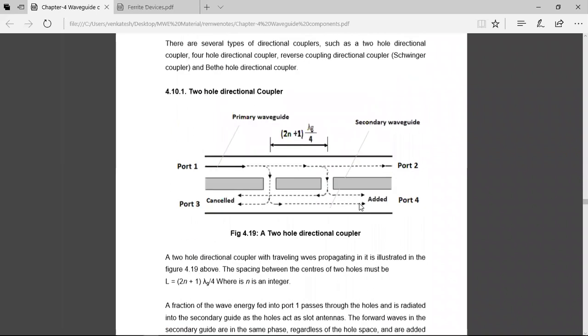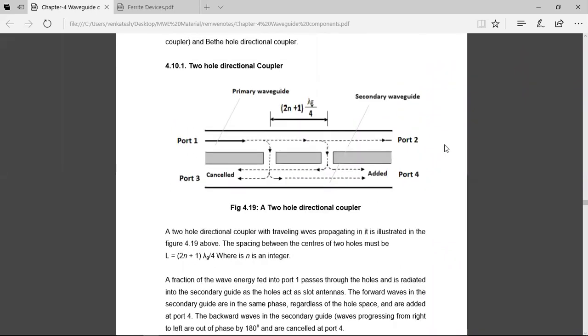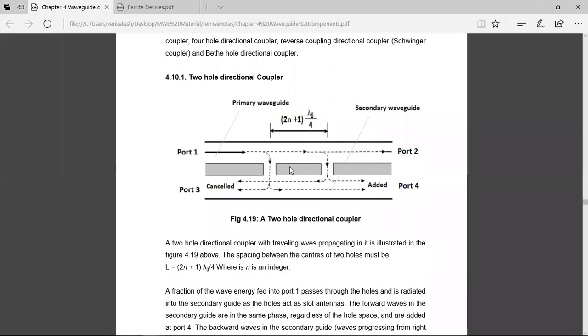So this is the two hole directional coupler. It is very simple, and I'm going to explain. This is a very simple diagram, please concentrate. The strength right now is 55, and more people should join, the same strength including me. After that, I'm going to explain one of the important principles, Faraday's principle, on which the next topic we will discuss. It is very important.